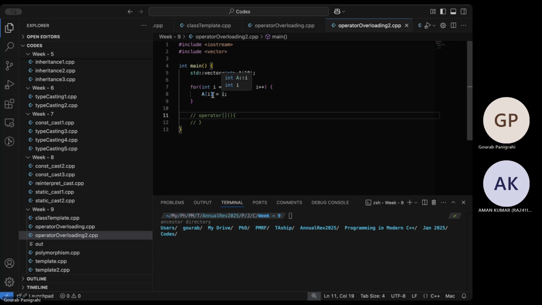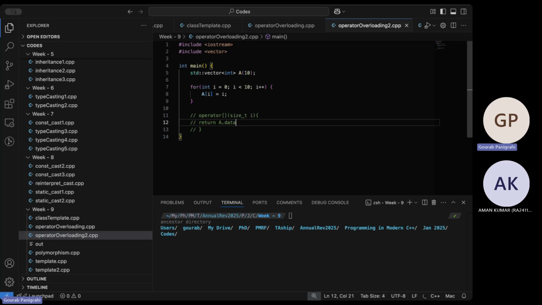So the bracket operation here takes an input which is size_t. Let's call it I. Why not? Now that is the return, but what it actually means is a return of, so we have the original pointer, right?